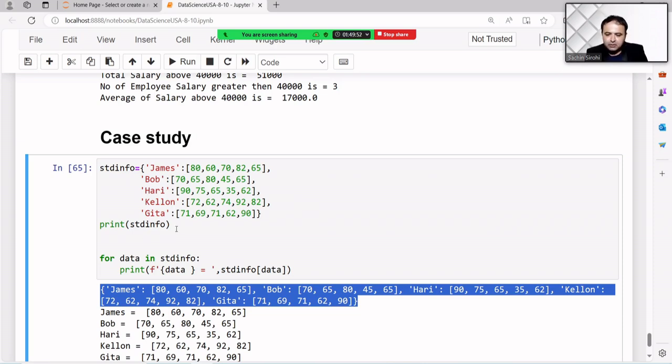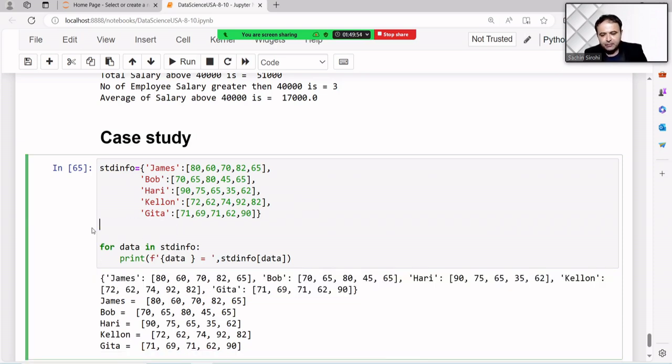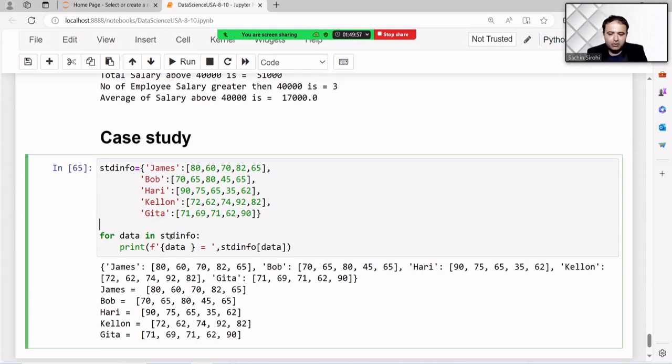Now the question is that if we take the data, you can take D or A, anything, whatever we like. So why do I pass it here?